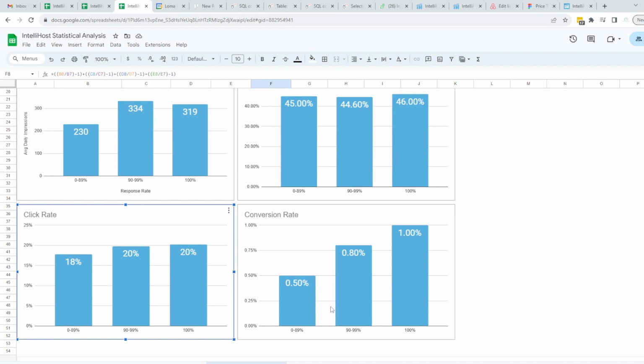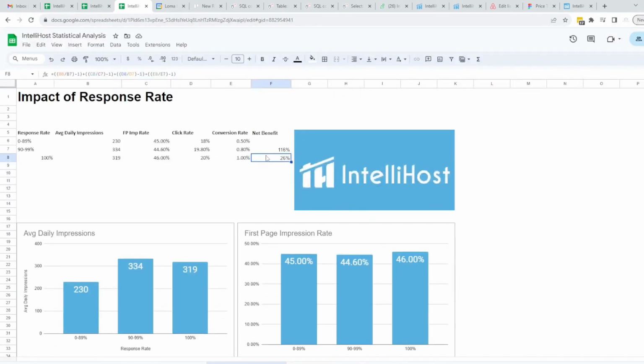Now compare that to those that respond within 90 to 99%, and they see a 0.8% conversion rate. And then those that respond 100% of the time within 24 hours have a 1% conversion rate. So let's sum this up and look at the overall net benefit of responding quickly, or having a 100% response